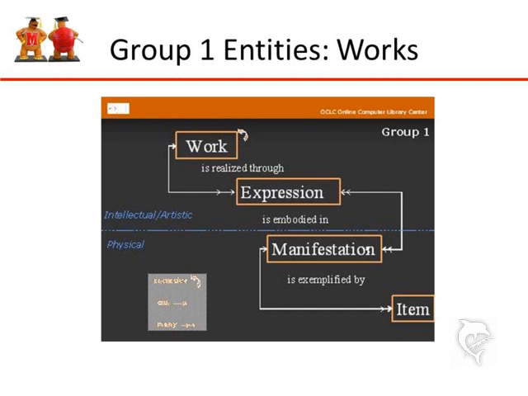Now, of course, a lot of works only ever have one expression. There are probably more works that only have one expression than there are works that have multiple expressions. But there are definitely tons and tons of works in the bibliographic universe that have multiple expressions, like multiple editions of a book, different translations. So if a work is translated into different languages, each translation is considered a different expression of the original work because it's still in that abstract form, and there's still some intellectual contribution of the person who's deriving the work into an expression.